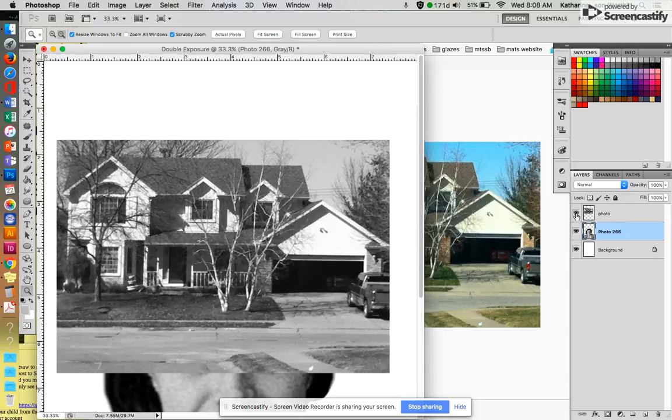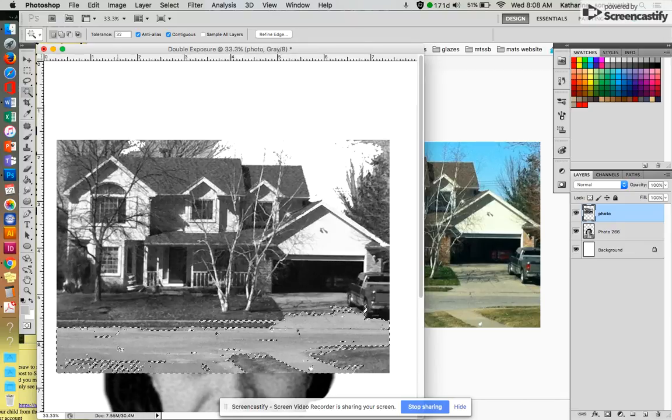Next, you want to figure out what part of your building you want to use. So right now I have to get rid of my background. So I want to go to this picture and delete the background issues I don't want. Ooh, I want that stuff, but I don't want